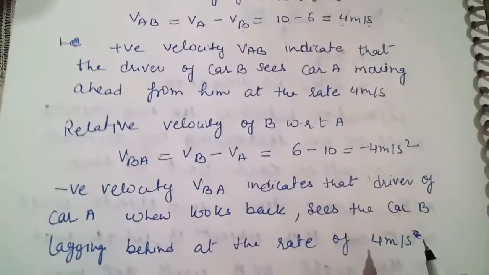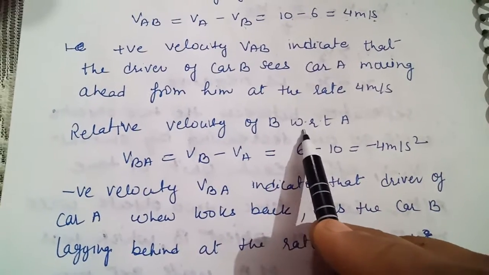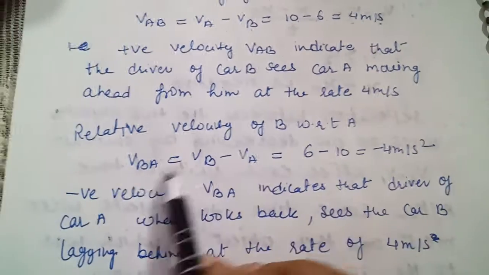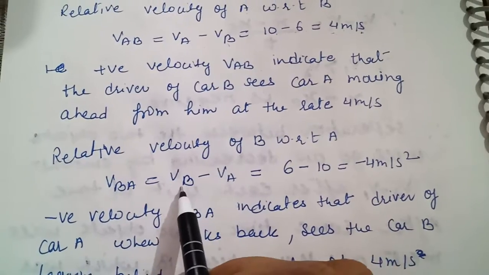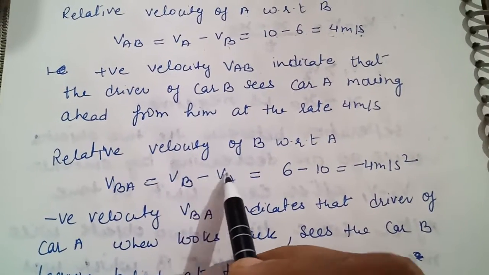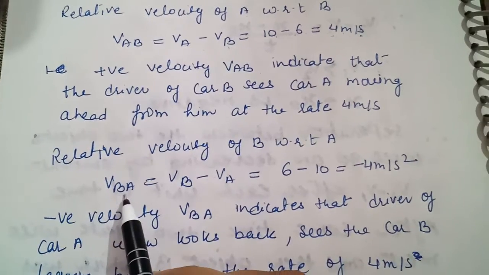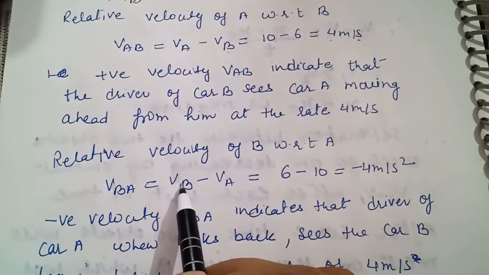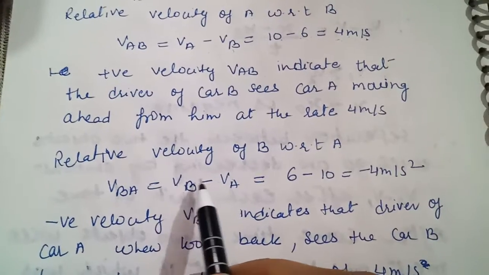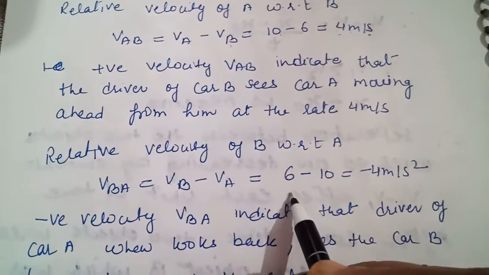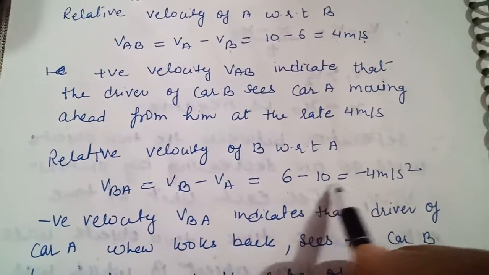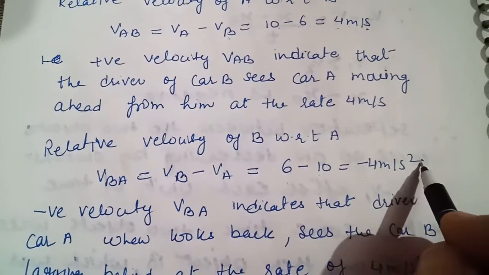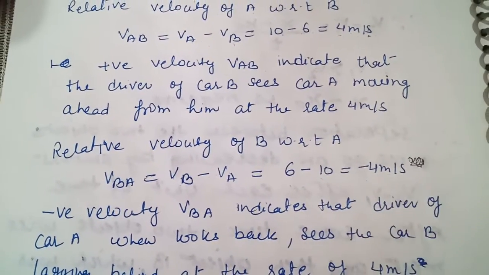Now see the second condition, relative velocity of B with respect to A. So relative velocity of B with respect to A, since both are moving in the same direction, again we will take the difference of these two. Now in this condition we will take VB minus VA. जिसकी रिलेटिव वेलोसिटी निकालते हैं उसकी एब्सोल्यूट वेलोसिटी को यानी एक्चुअल वेलोसिटी को पहले लेते हैं और माइनस वाली करते हैं दूसरी को. Then you are getting 6 minus 10 because VB is 6 and VA is 10. You have got minus 4 meter per second.